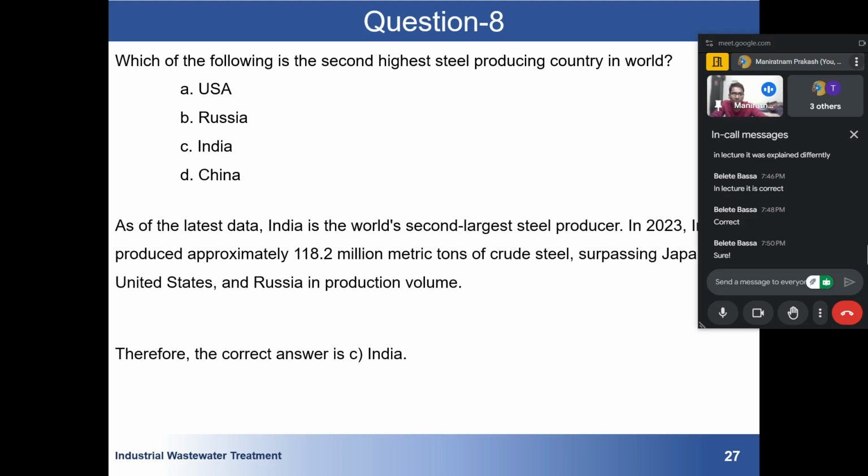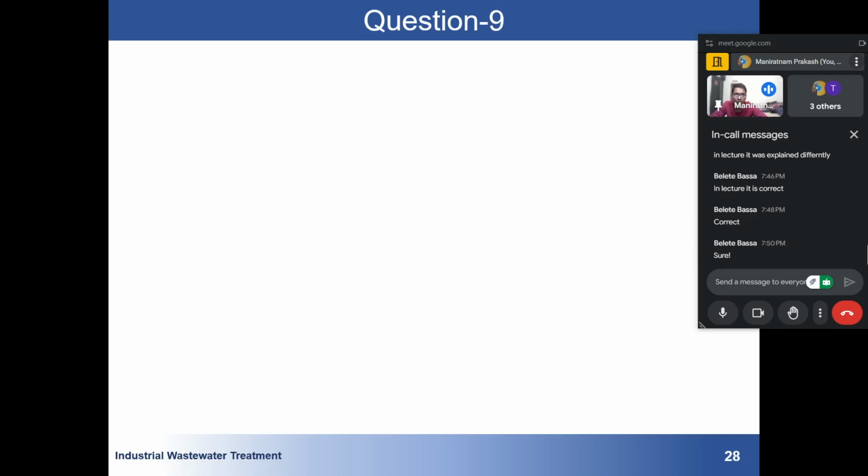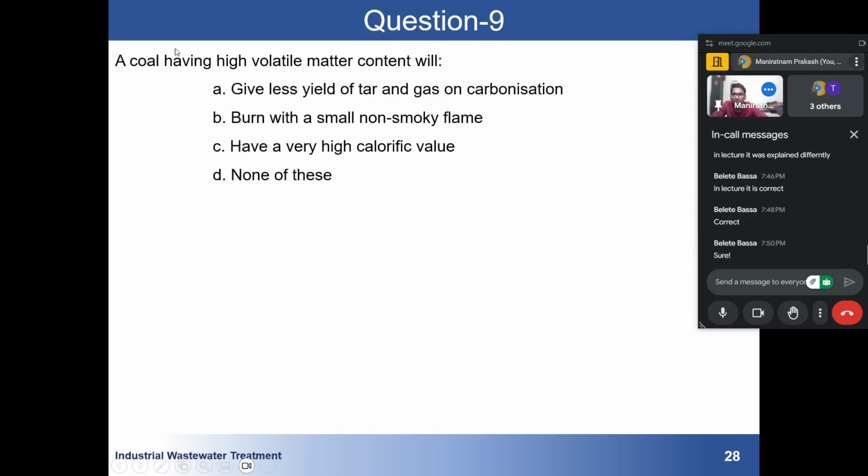Okay, so I hope this one is clear. First, the highest producer is China, second highest producing is India. Moving forward to question number 9. A coal having high volatile matter content will